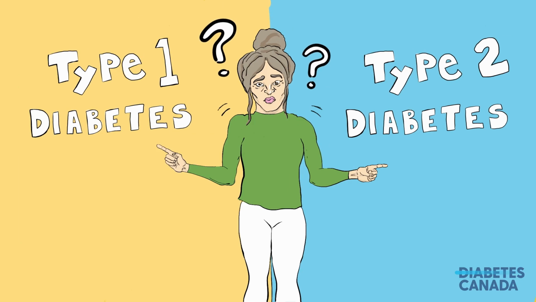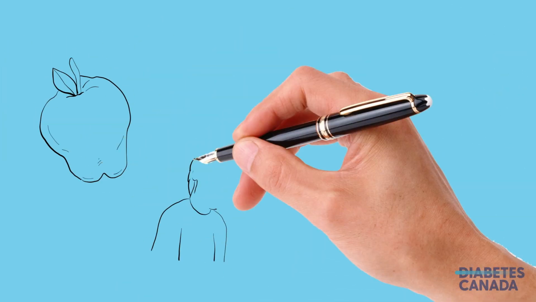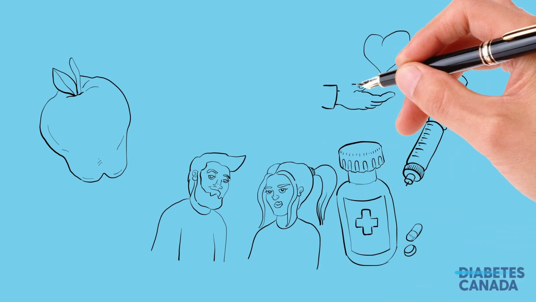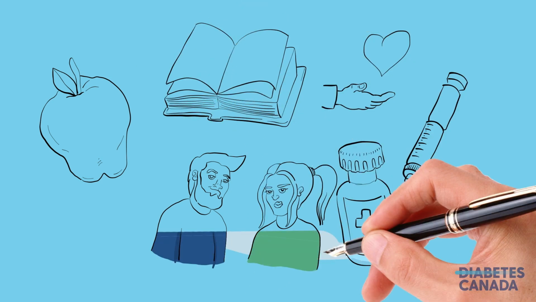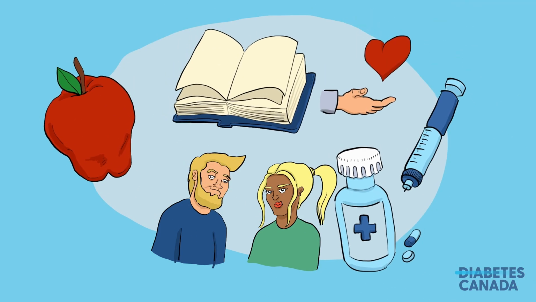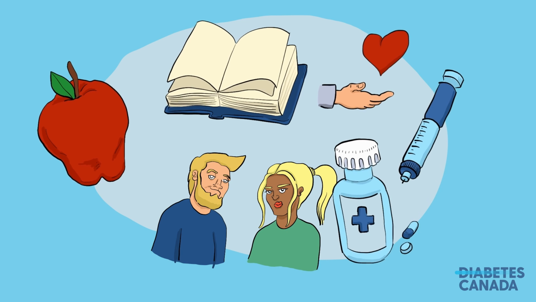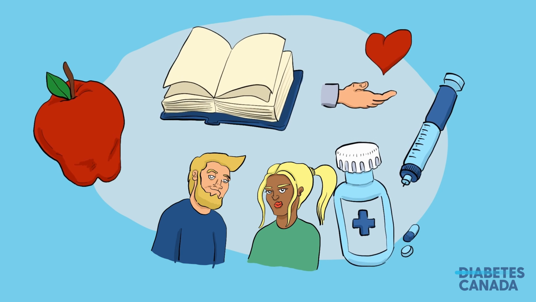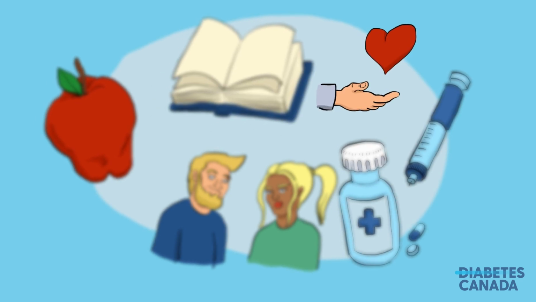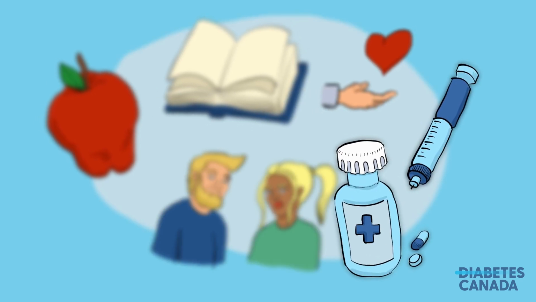About 90 to 95% of all people with diabetes have type 2 diabetes. In this case, the body either doesn't produce enough insulin or it cannot properly use the insulin it makes, or both. This type usually develops in adulthood, but type 2 is also being diagnosed in children and adolescents more commonly now. The management of type 2 diabetes involves healthy behaviors, education, support, and often monitoring and medication.